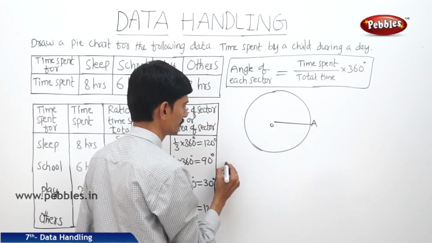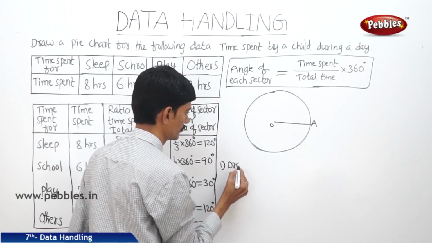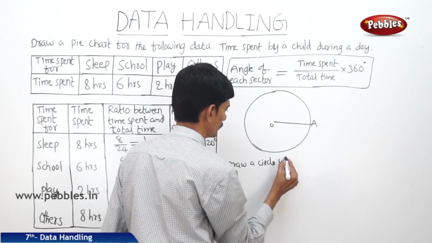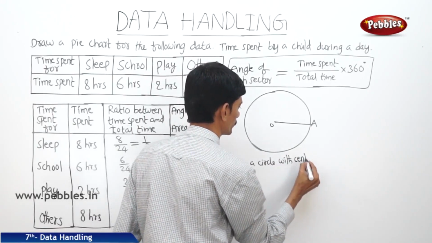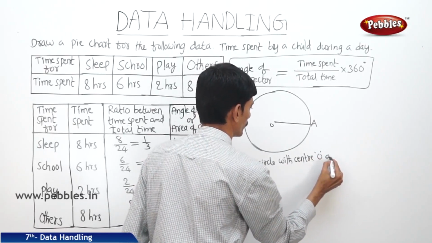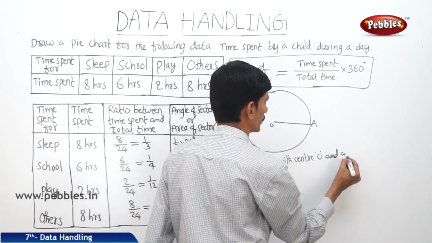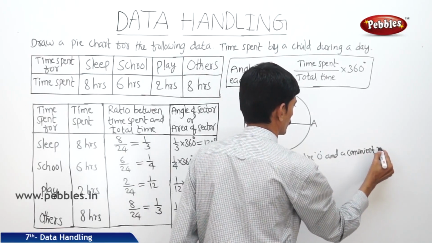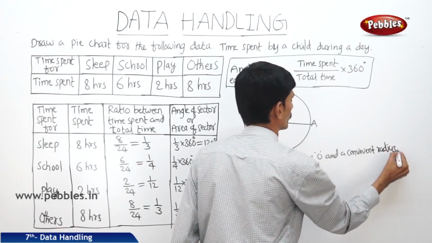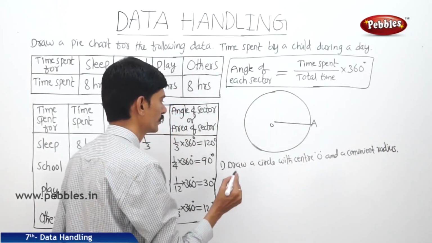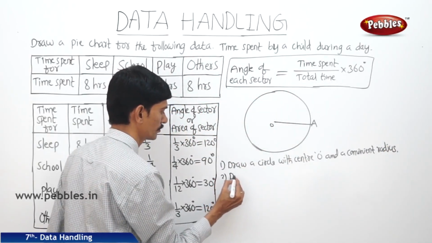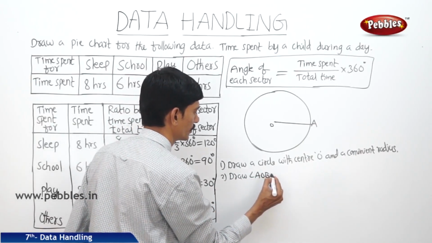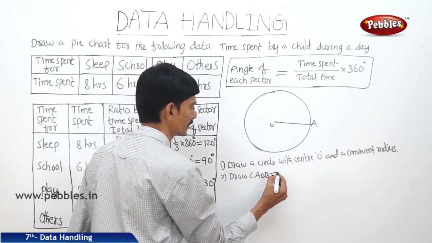Steps of construction: draw a circle with center O and a convenient radius. Now draw angle AOB equals 120 degrees,